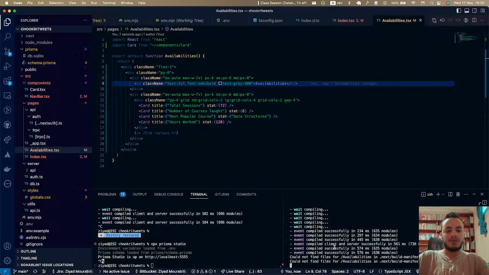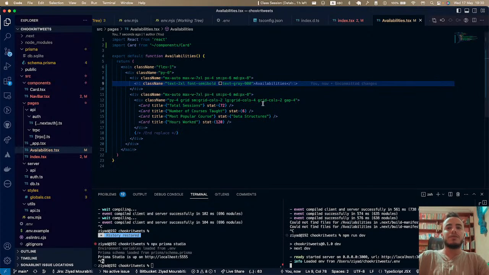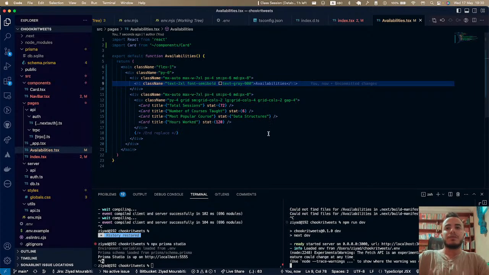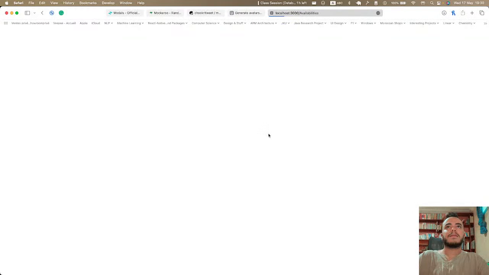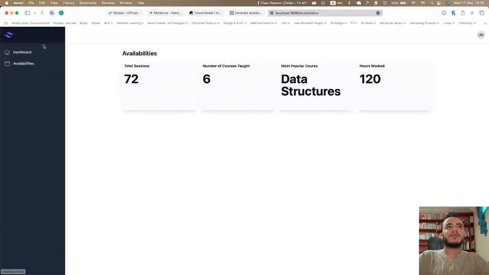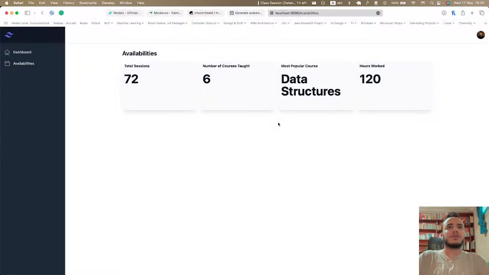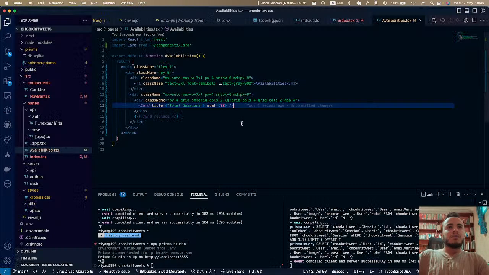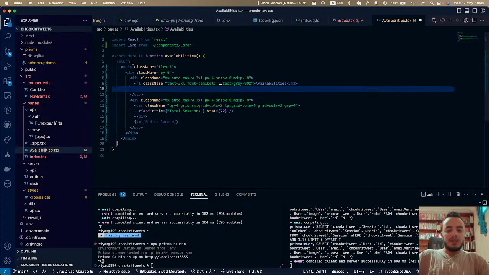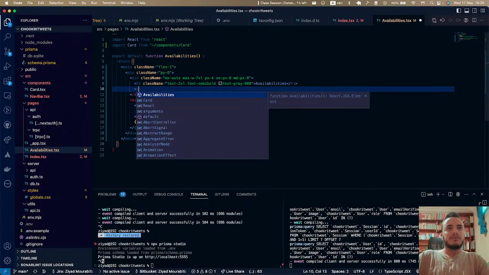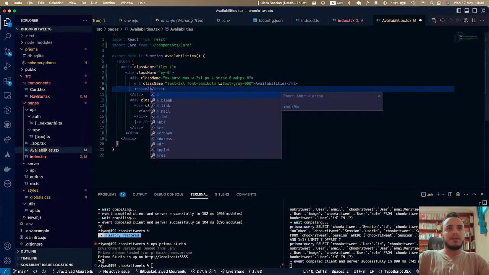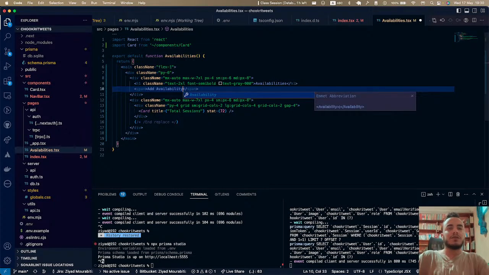Let's just quickly restart this. Availabilities, so dashboard availabilities. Get rid of some of these. And what we probably can do is have some button that says add availability,